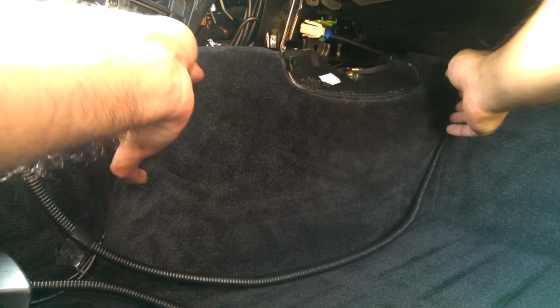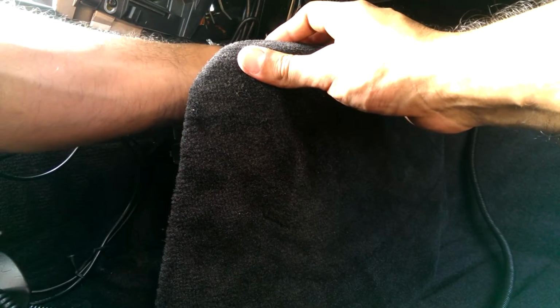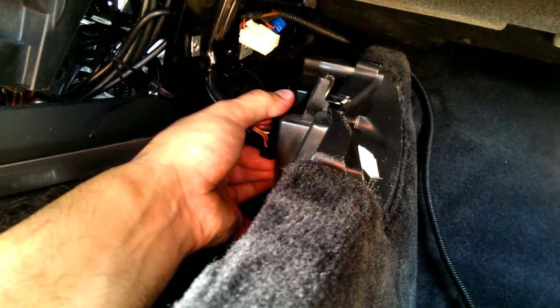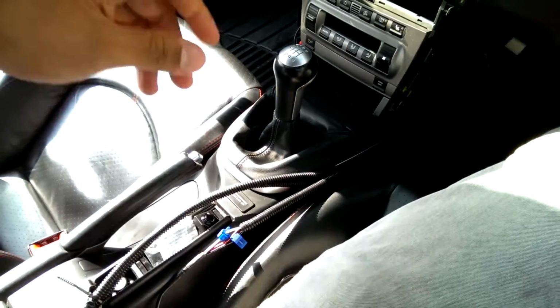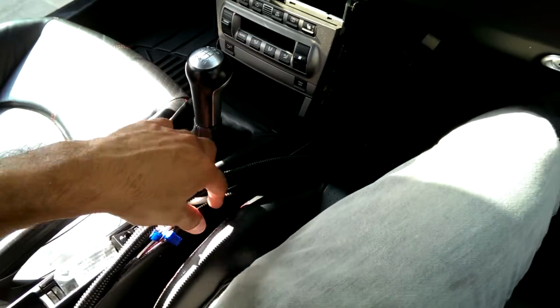Previous video, we yank out the subwoofer, undo the connector. It's got a pinch up top, pinch down bottom. And you're out. Now that I've got the gauge wire just laid across here, nice and no longer under the